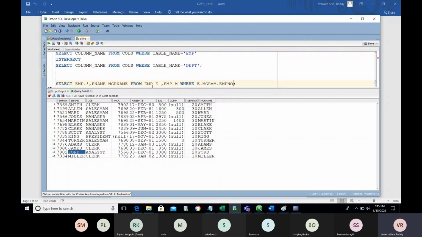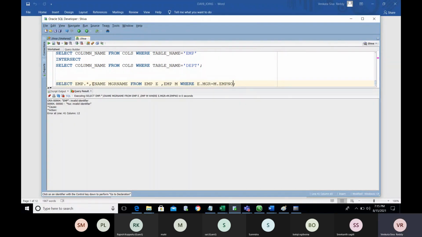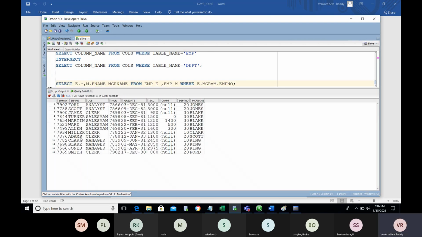Now you will get the column ambiguity error, because you provided the alias name for the EMP table, but you are mentioning the actual name here. So you cannot use it like that. Now you will get column ambiguously defined because ENAME is a common column in the two tables. For that reason, you need to mention M dot ENAME.